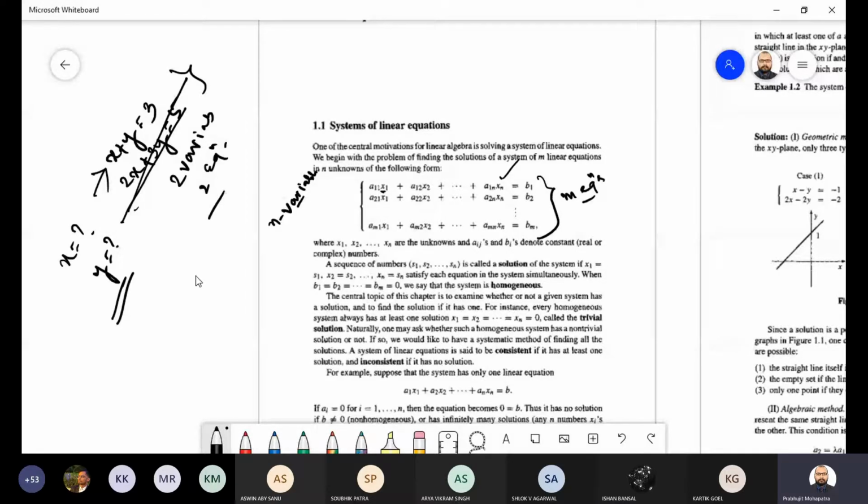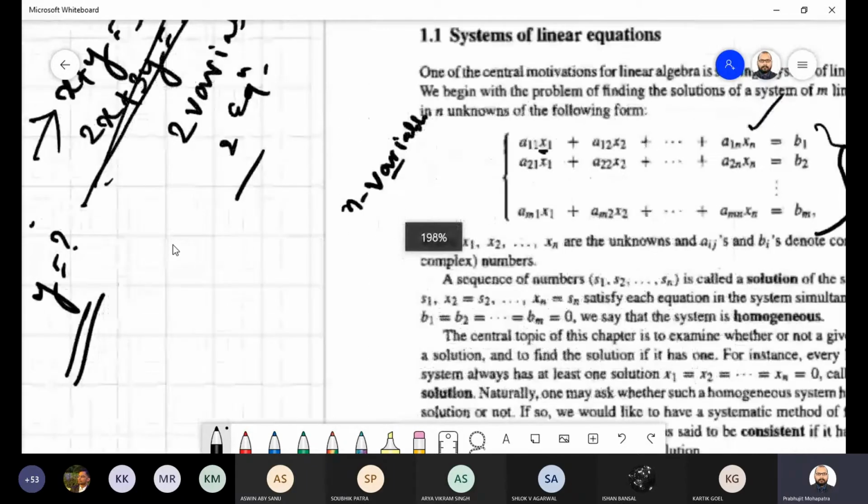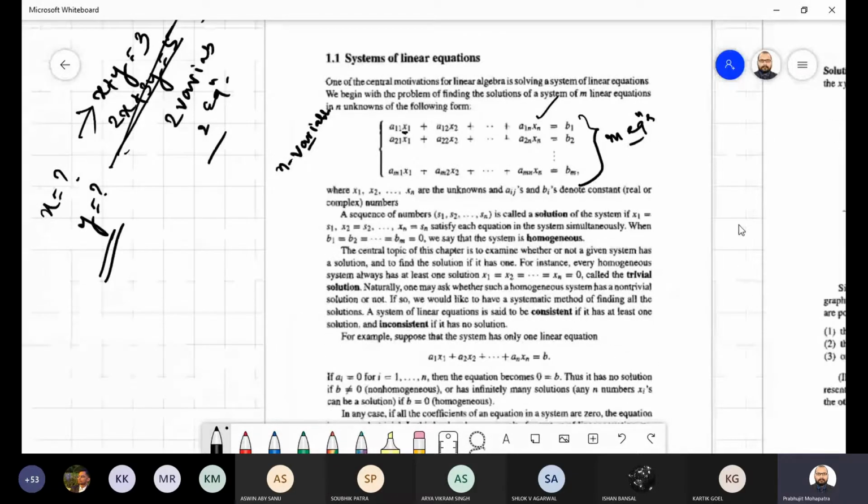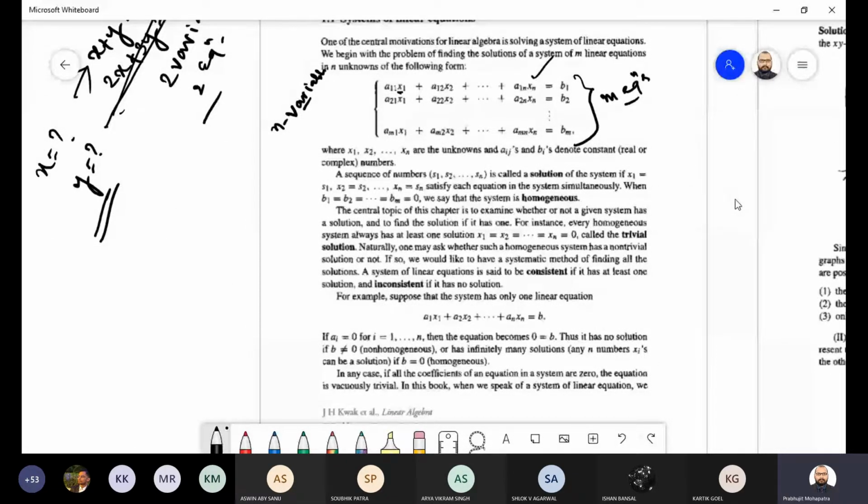This is not at all a theoretical subject. This is fully concept based. But the basic things are like that only. And after a few minutes we'll directly go to solving problems. The basic things we need to discuss. So what you need to find is the value of x1, x2 up to xn. These are the unknowns you need to find.